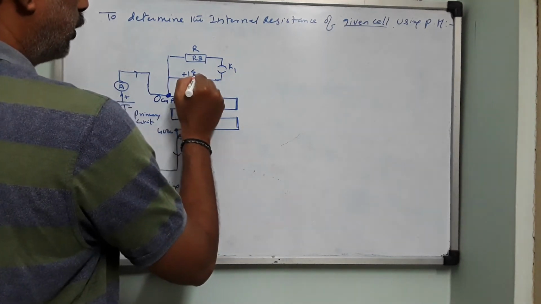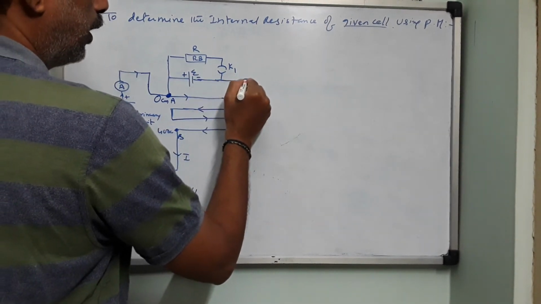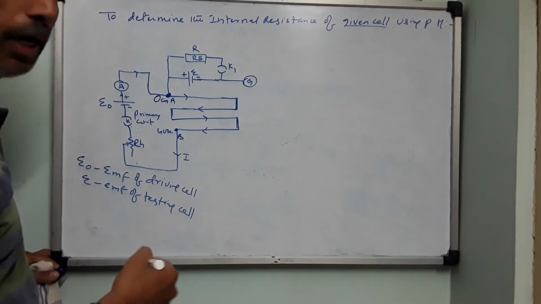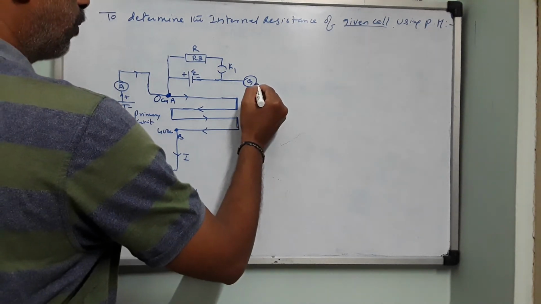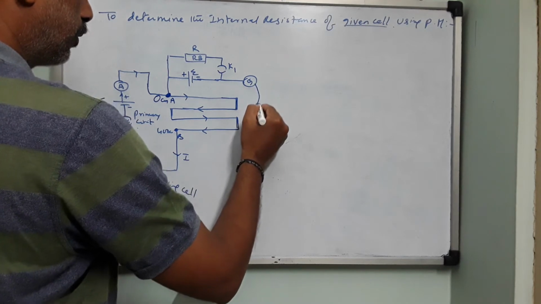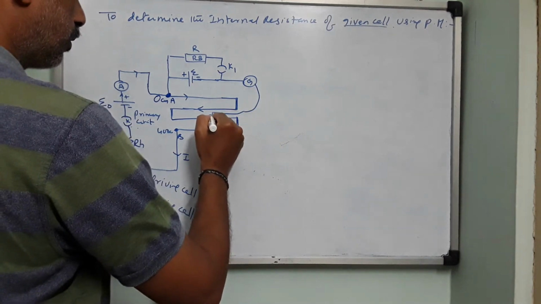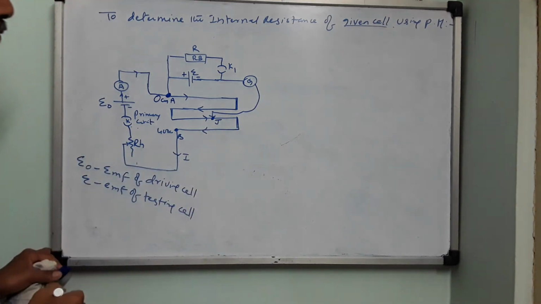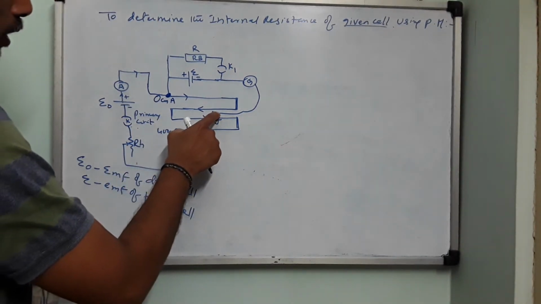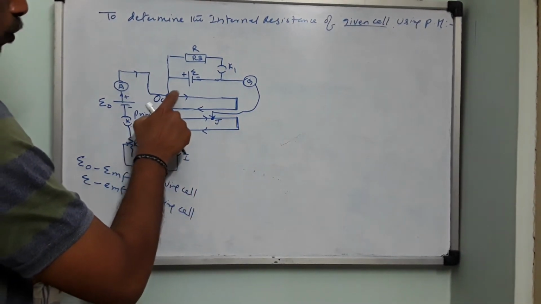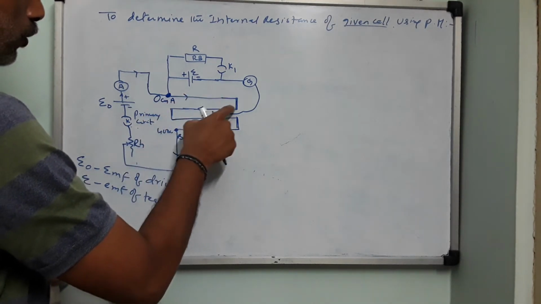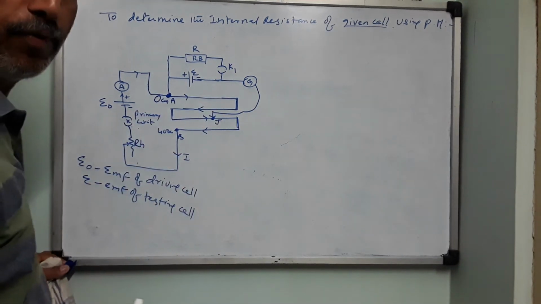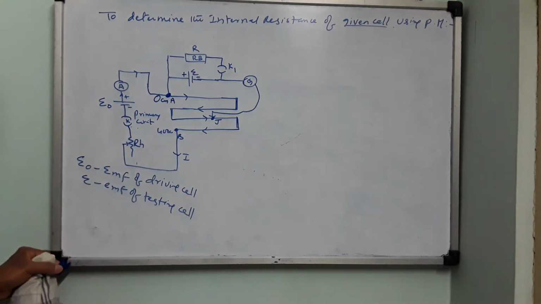Now to this combination, I connect a galvanometer. The galvanometer should be showing a null deflection at a particular point. So this galvanometer is connected to a jockey, jockey point J. This wire can begin from here. You can go on touching with the help of the jockey on the potentiometer wire, and I stopped it here because my galvanometer is showing null deflection.